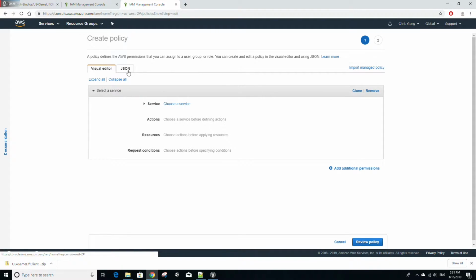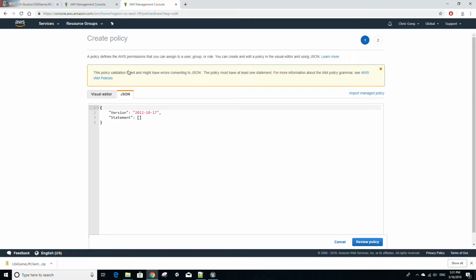And once you're on this page, click on JSON, and we are going to edit the statement here. So we're going to replace that square bracket with some squiggly brackets, and the first thing we're going to add is the effect parameter, and we're going to set that to allow. Then we're going to have an action parameter, and we're going to set this to an array of GameLift functions that the player can call from the GameLift Server SDK. So we're going to start with create game session,